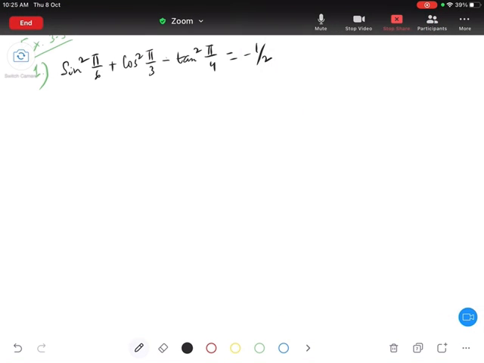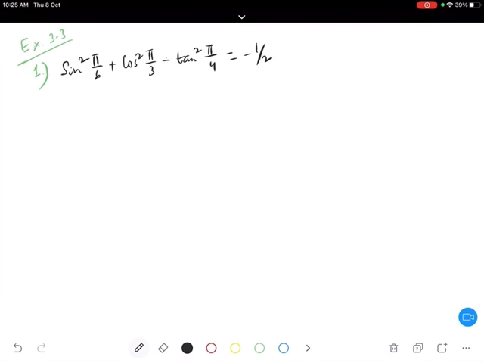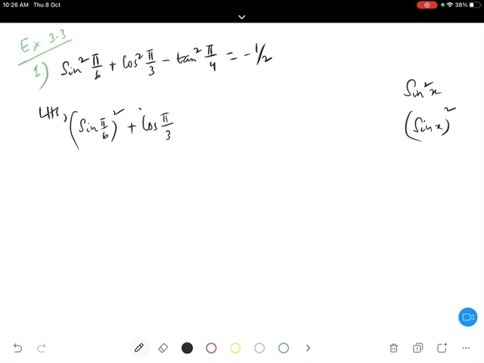First thing, we know that sine square x is nothing but sine x whole square. So tell me, what is the value of sine pi by 6? Pi by 6 means what? 30 degree, right? And pi means 180 degree. It's 30 degree. Yes, 1 by 2.